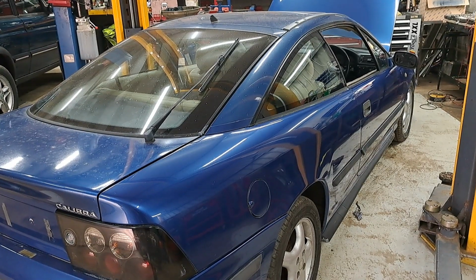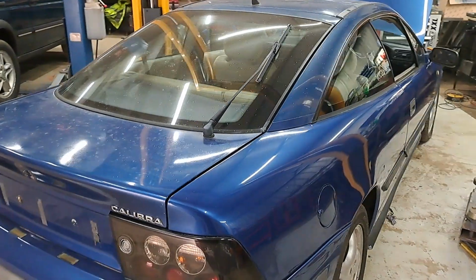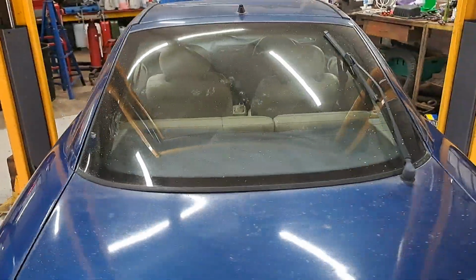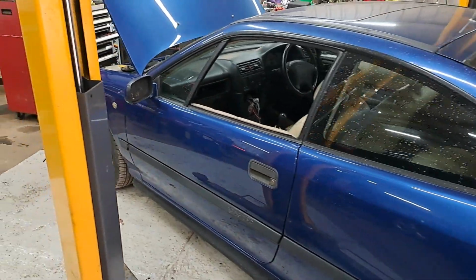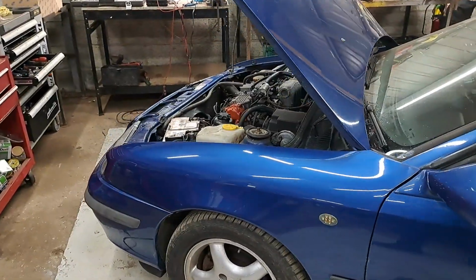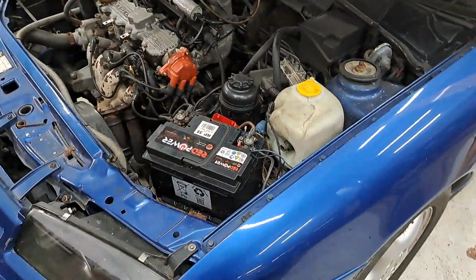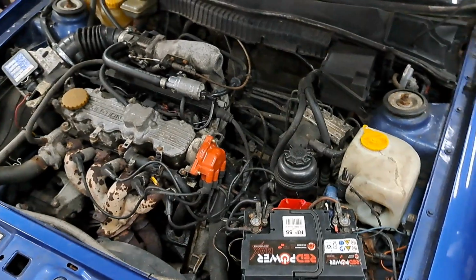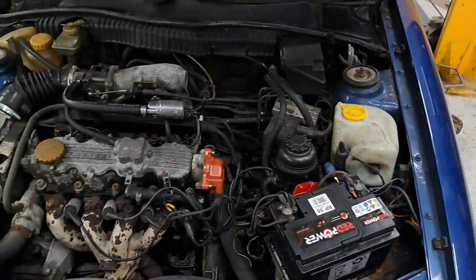I say bought, he swapped a car for it. This has been stood for a few years. We don't know exactly how long it's been stood for. Obviously you can see we've had to go over polishing the paint up. It doesn't come up too bad. It's old. It's had some paintwork before that's not great. But it's